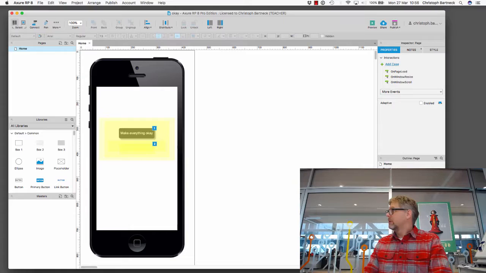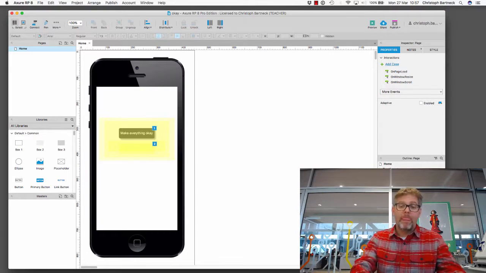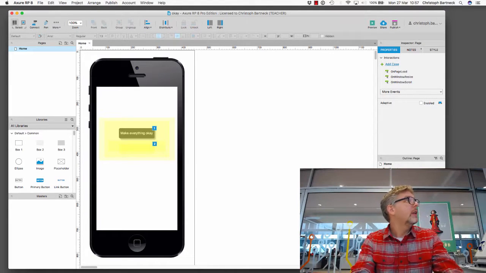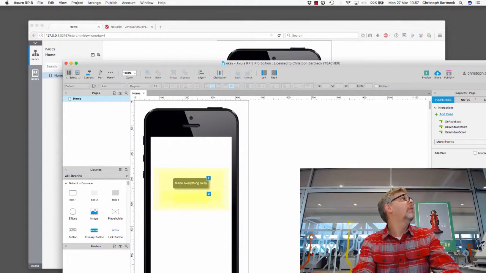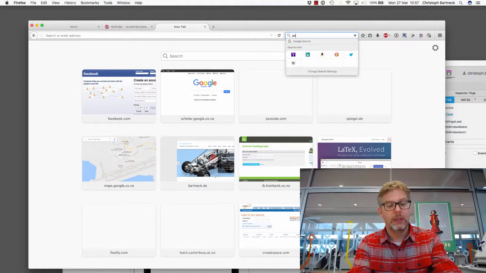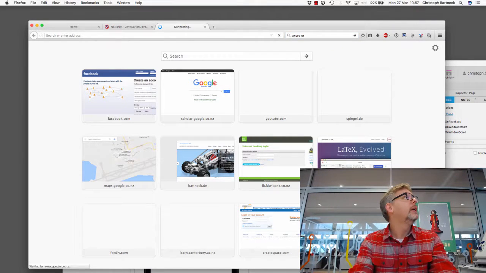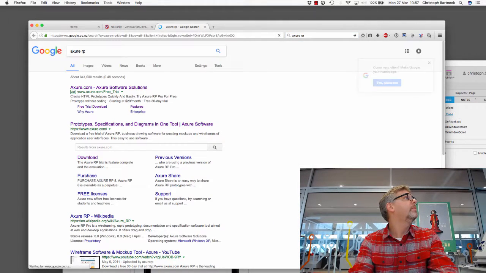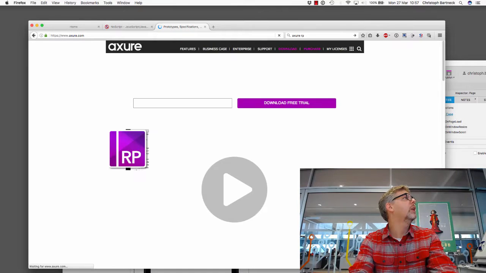Can you recommend where to get those nice demo phones, like is on the screen? Is that through the Xura? Yes, so if you go to the Xura web page, Xura RP, they have essentially a web page with all sorts of downloads for